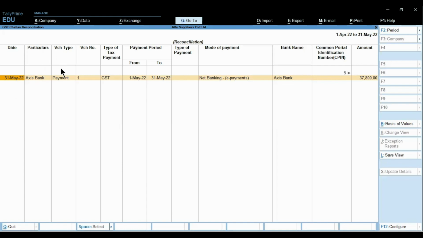Particulars: Axis Bank, voucher type payment, voucher number one, type of payment of tax is GST, for the period 1st May to 31st May. Now we have not entered any value over here, so we need to enter the details. Mode of payment was net banking, bank name was Axis Bank, common portal identification number, that is CPIN number, we have not provided, we need to provide it at present. There are 5 more columns. Just press on this arrow,